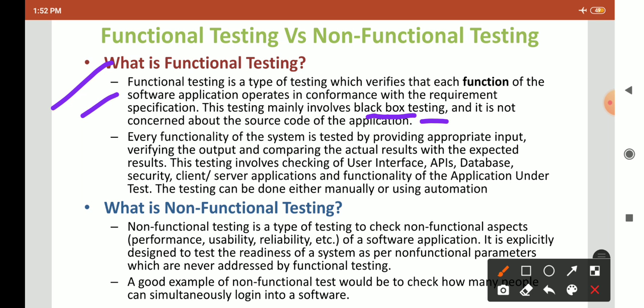So remember this difference between black box testing and white box testing.